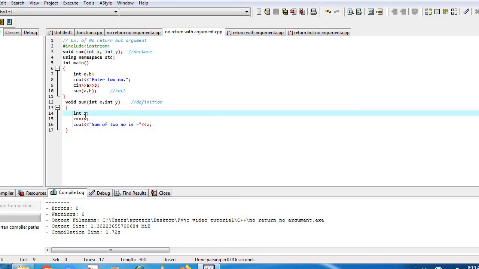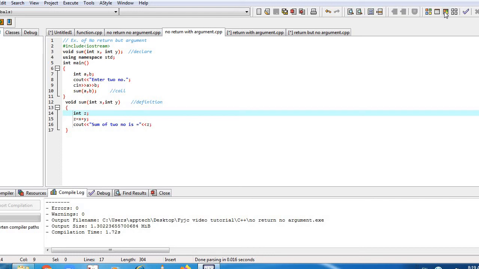Since it is the sum of two numbers, x plus y will be stored in z. Whatever is in variables a and b will get transferred into x and y, and whatever is in x and y will get transferred into z, and ultimately z will be printed out. Now what is z? The value of x plus y. Let's say the value of x is 2 and y is 2, so 2 plus 2 will be 4, and 4 will be stored in z, and at the end z will be printed out.